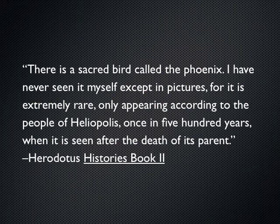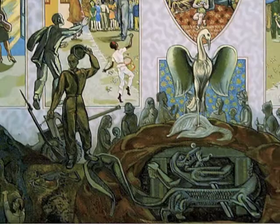I have never seen it myself except in pictures, for it is extremely rare, only appearing, according to the people of Heliopolis, once in 500 years, when it is seen after the death of its parent. The beast of war is shown slain in an underground crypt, run through with a sword. The abandoned artillery, machine gun, and soldier laying down his rifle show this is the end of the Second World